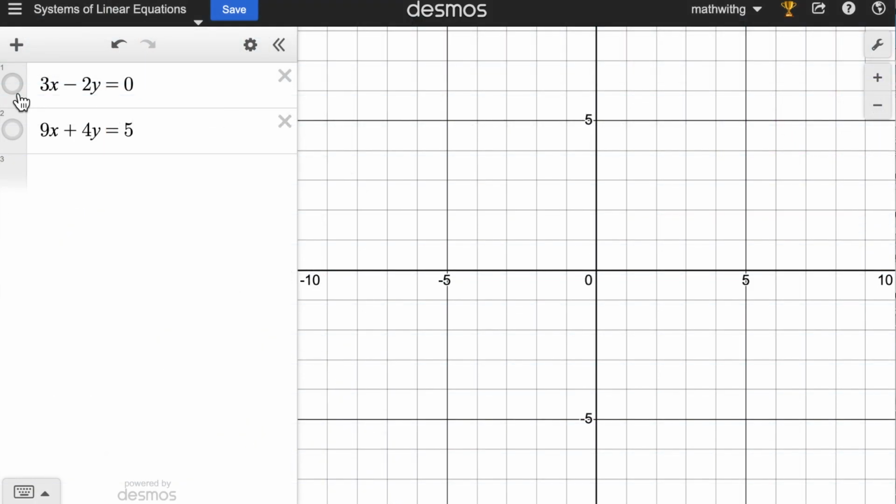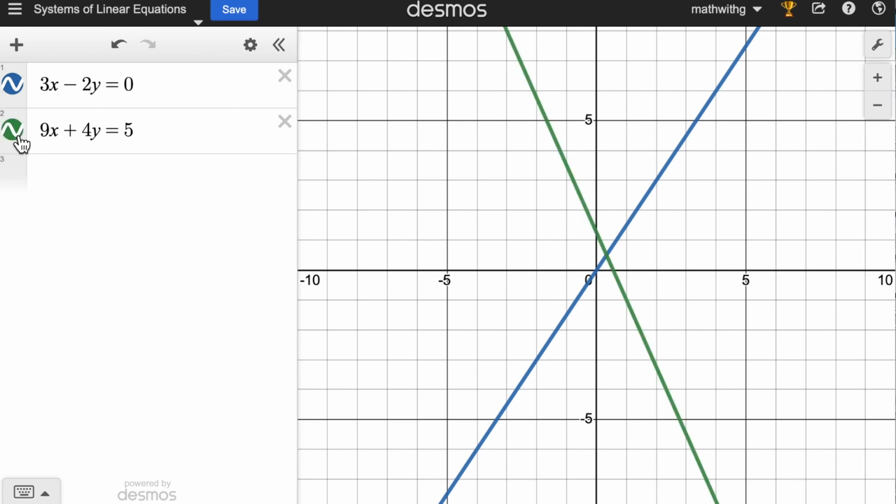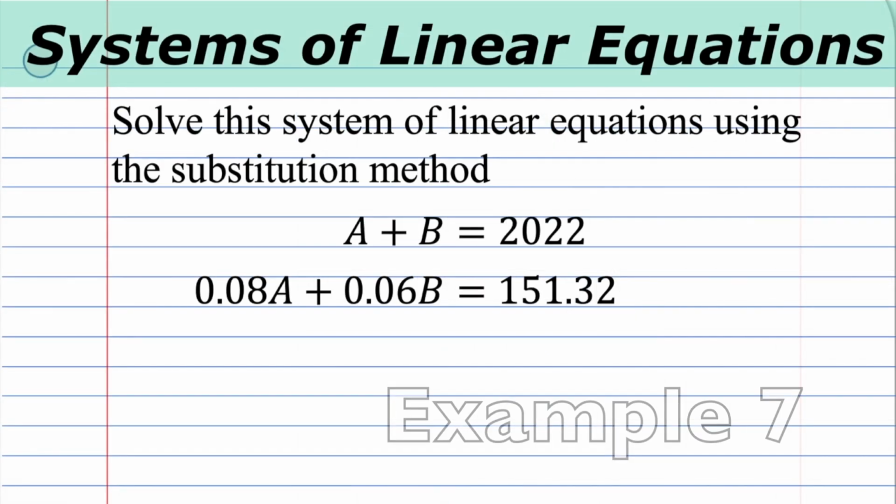Excellent. In Desmos, 3x minus 2y equals 0 is in blue, and 9x plus 4y equals 5 is in green. The intersection is a decimal, but you probably know 0.3 repeating is 1/3, and then 0.5 is 1/2. 1/3, 1/2. I know we've been looking at fractions in our examples, but now I want to focus on decimals